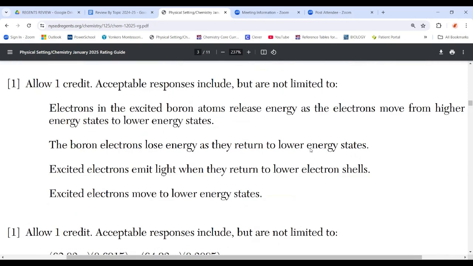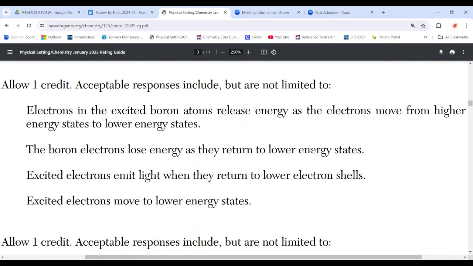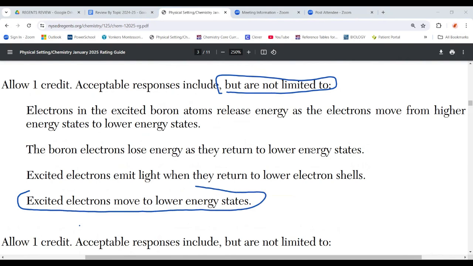So let's take a look. Now, this is one that's a little open-ended. It says acceptable responses include, and here are 4 suggestions for things that I could use to figure out if I will take an answer from a student, but it's not limited to that. All right. So notice that this is like the least wordy answer. Honestly, it would be great if you could get to a point where you are giving the least wordy answer,